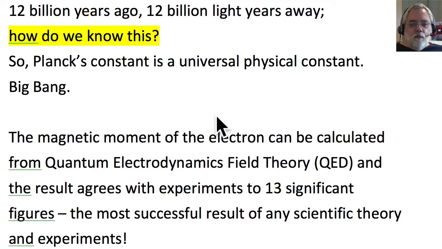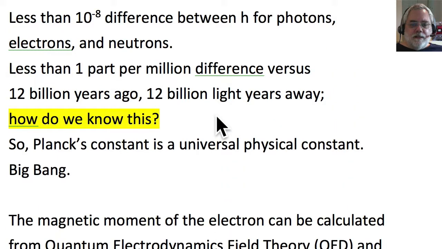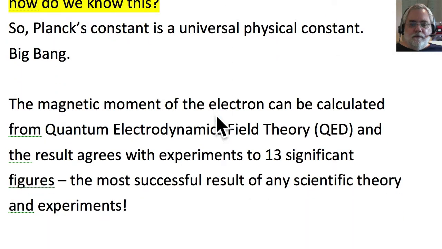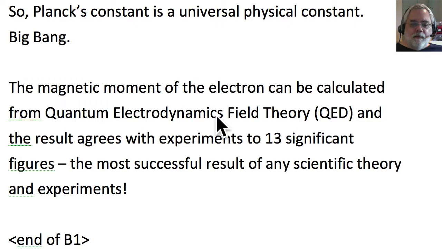So even though we know Planck's constant to 9 significant figures, which is pretty good, we know the magnetic moment of an electron, theory and experiment, to 13 significant figures. That is the most successful theoretical prediction and experimental agreement of any scientific theory in any field,